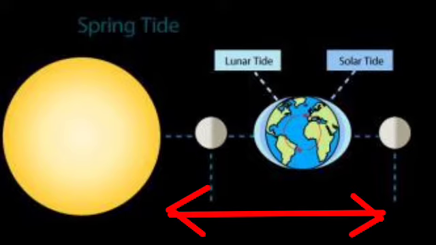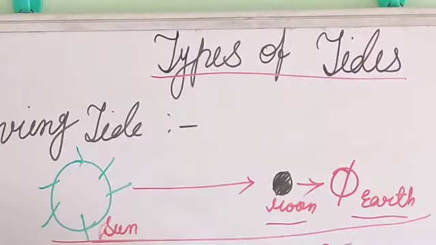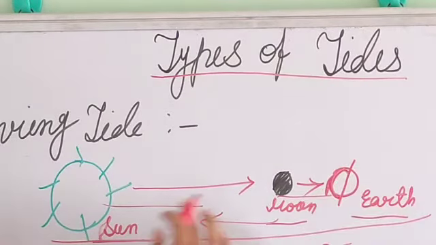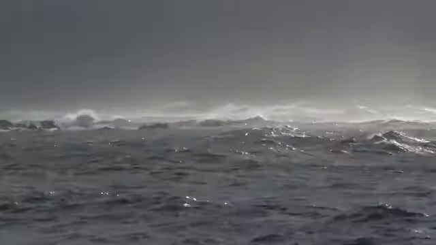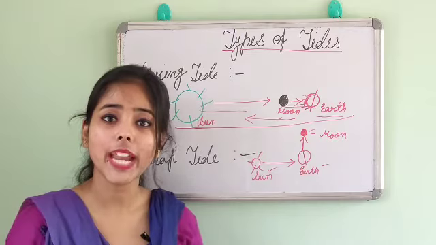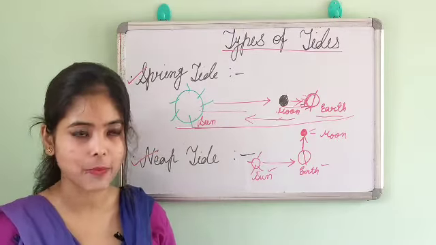And now what will happen? See, earth is there, moon and sun. So moon and sun, they all are on the same side of the earth, that is here. So from the sun as well as from the moon, the gravitational pulling will occur on this side of the earth. Okay, so due to this huge gravitational attraction, obviously the water will rise up and then it will create the spring tide. Generally, spring tide occurs at full moon and new moon time, and the height of the water is 20% more than the normal tide.